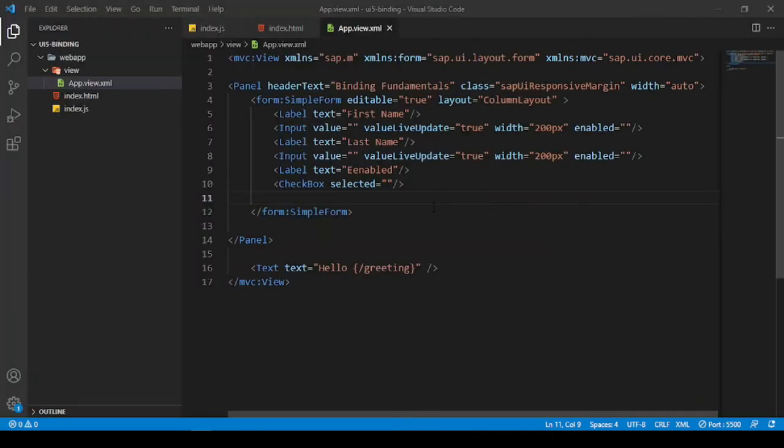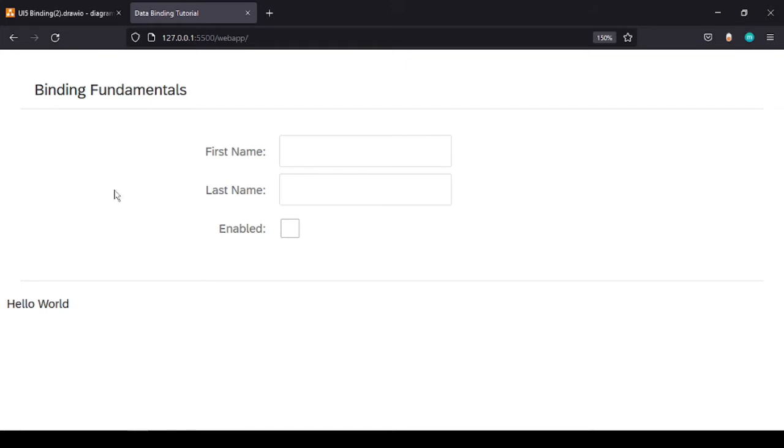Now, to save some time, I have put this particular panel as an element, and under it I have added a simple form here. You can see this form contains certain labels and input fields, which are first name, last name, and also a label called enabled, and a checkbox. Enabled is nothing but a label for this checkbox. So if I save it now and go to our UI, voila, you see this kind of form elements built, and currently it is not editable